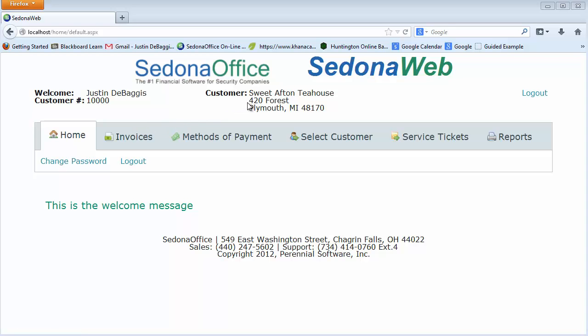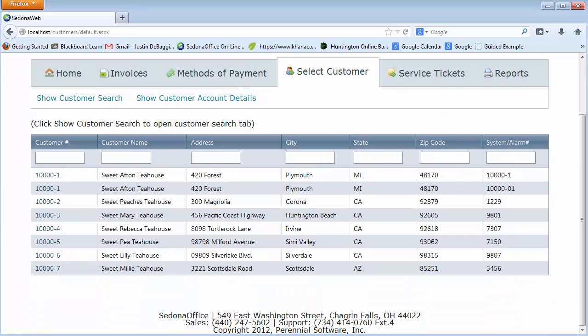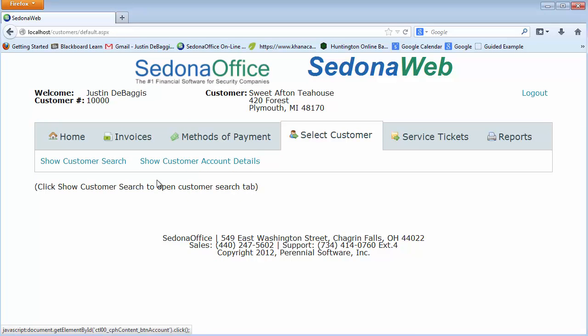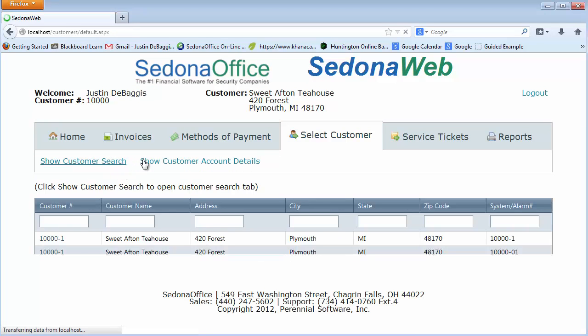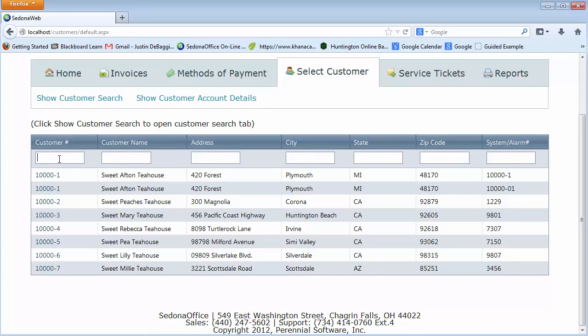When a master account logs in, they'll have access to all of their invoices for any sub-accounts, and they'll be able to have an additional tab, which is Select Customer. The Select Customer tab will show all sub-accounts that are linked to the master account. So my master account is Suite, Aft, and Tea House, and I have multiple sub-accounts within there. If I click on the Show Customer or search all the customer's default fields, I have different search criteria I can search by. If we have a long list of, say, like 100 sub-accounts,